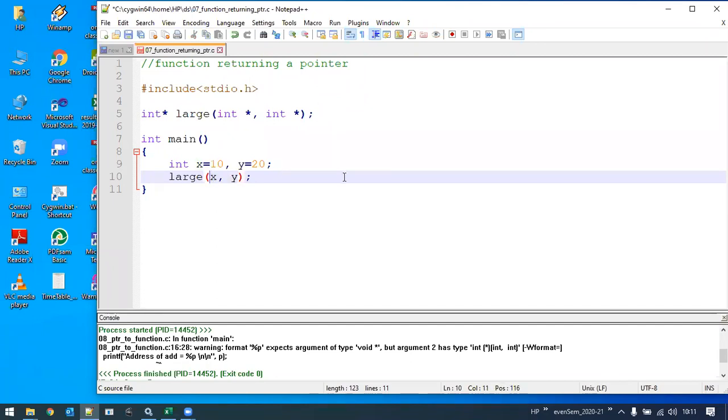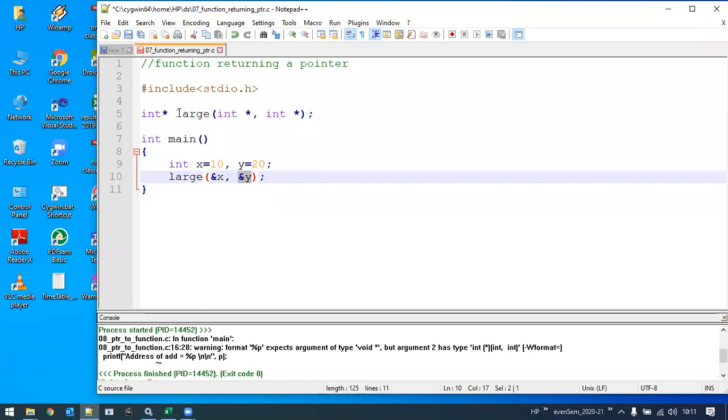So ampersand x, ampersand y. Ampersand operator x, and ampersand operator y. Now look at the function call statement here. I am passing two parameters, which matches the function prototype. There are two here, and two here also. Now the function prototype says I need to pass the first parameter as a pointer. But what does a pointer store? It stores addresses. So the first parameter I am passing is the address of x. In the same way, the second parameter is the address of y.